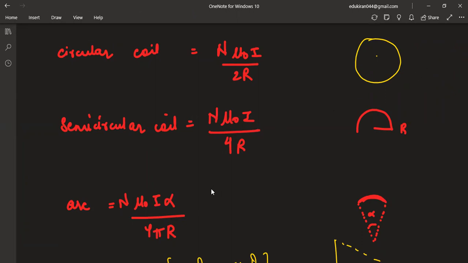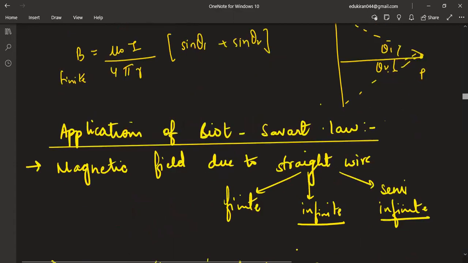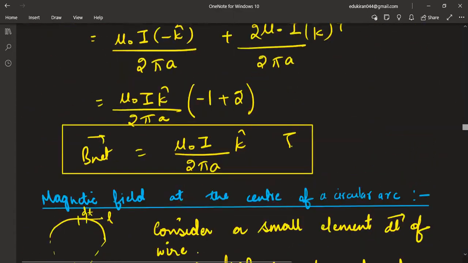But if a random arc is given to you, which subtends angle alpha, and r is the radius here, this is the radius r and alpha is being subtended, because you will not be getting individual cases, you will be getting combinations of these. So n mu naught I alpha by 4 pi r, this will be the formula: mu naught I alpha by 4 pi r, and n will be the number of turns. Here also n is the number of turns. This is the main formula for a single turn. So just keep in mind whether questions like 10 turns of a semicircular arc are mentioned to you or not. One more case you should remember